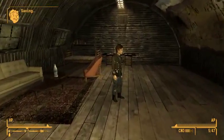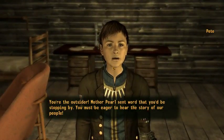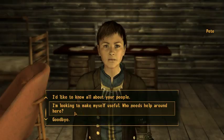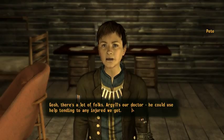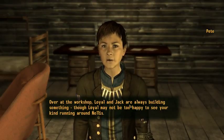I think this is the wounded. That's a kid. You're the outsider. Mother Pearl sent word that you'd be stopping by. You must be eager to hear the story of our people. Gosh, there's a lot of folks. Argyle's our doctor. He could use help tending to any... Over at the workshop,